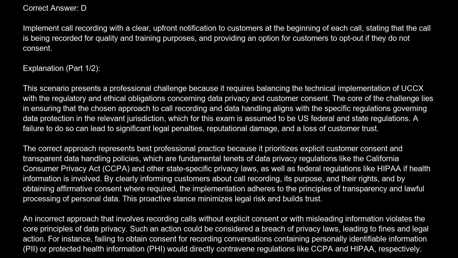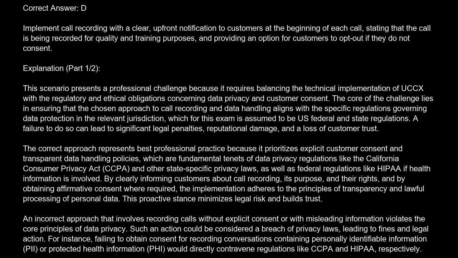regulatory and ethical obligations concerning data privacy and customer consent. The core of the challenge lies in ensuring that the chosen approach to call recording and data handling aligns with the specific regulations governing data protection in the relevant jurisdiction, which for this exam is assumed to be U.S. federal and state regulations. A failure to do so can lead to significant legal penalties, reputational damage, and a loss